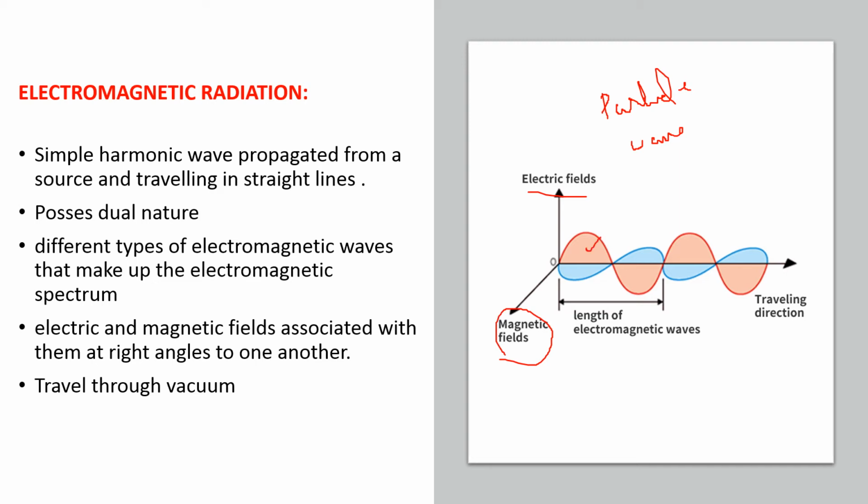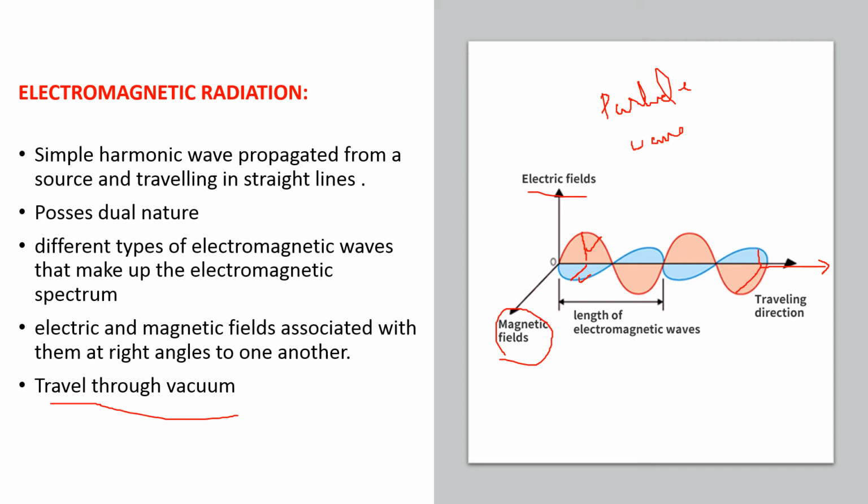So if you imagine this is the electric component, this will be the magnetic component, and both the components are at right angles to each other, or perpendicular to one another. Electromagnetic radiation does not require any medium to travel. It can travel through vacuum. So if this is the direction of propagation of the wave, the electric component will be perpendicular to the magnetic